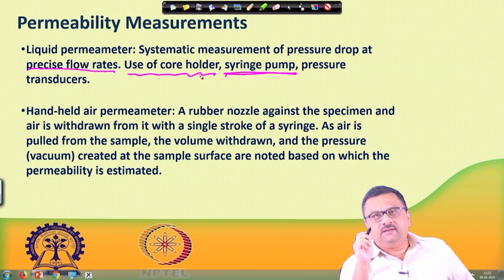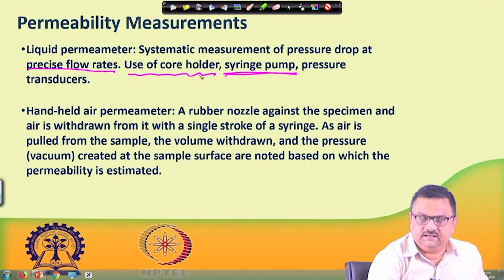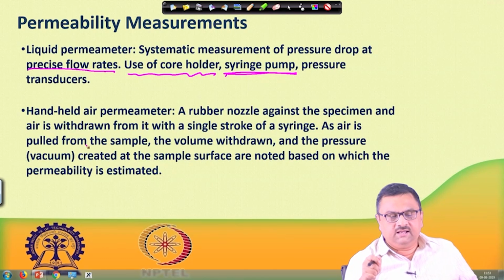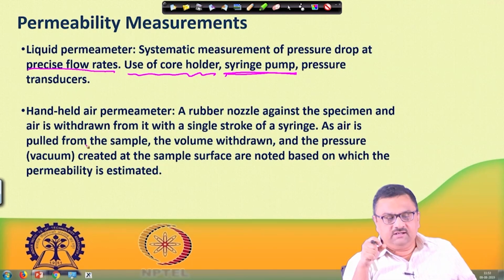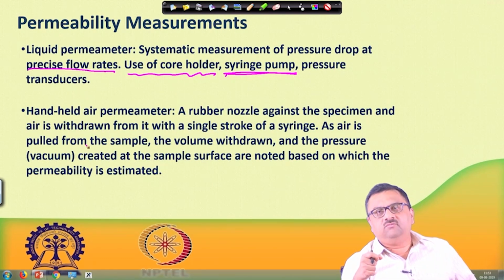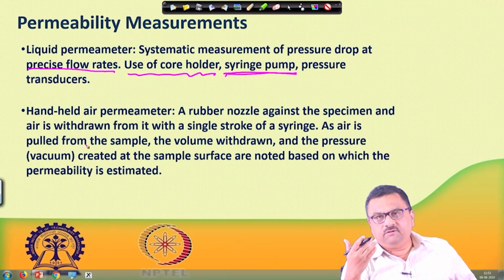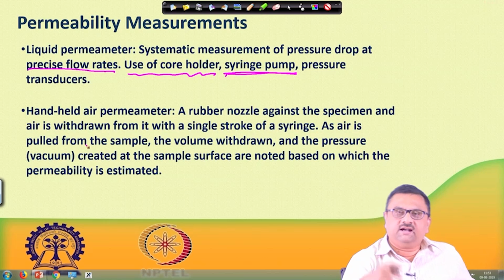And then I must also point out that there are handheld air permeameters, which basically have a rubber nozzle held against the specimen. On a rock face you can hold this and pull out some air and see what kind of pressure one has to generate for a particular volume withdrawn, and from there you can get the permeability. So, it is basically from a rock face. If you want to just get a quick idea of how much the permeability is, one can use these handheld air